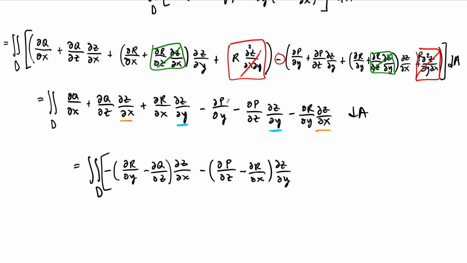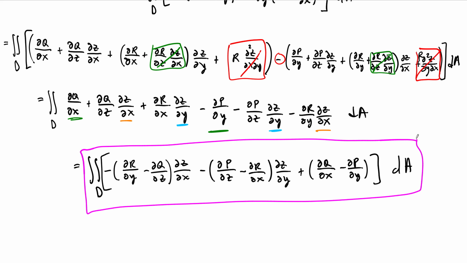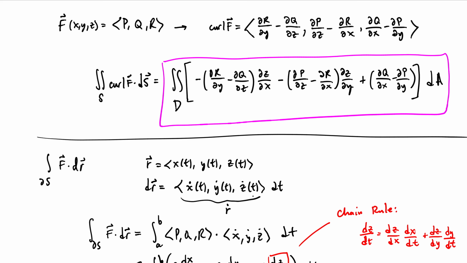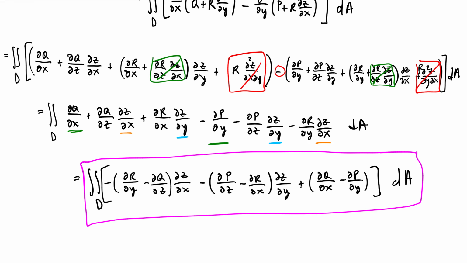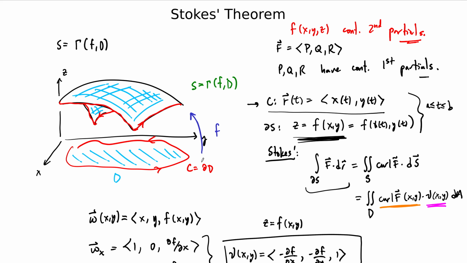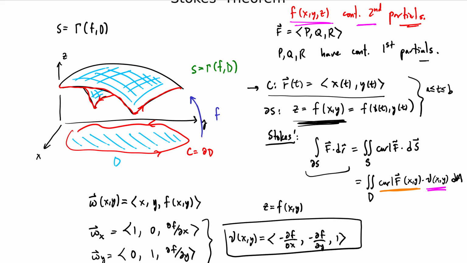Okay, and so those are all gone, and then what's left over is this term that really reminds us of Green's theorem, right? This dq, this one we leave positive, right? So plus dq dx minus dp dy, this is all integrated up dA, and at this point we just compare with our formula from up above, and it turns out that it is exactly the same. And so under this very special case, which we made even more special when we got to this point, right? But under this very special case, where our surface is given by the graph of a function over a domain in the xy plane, and that function has continuous second partial derivatives,